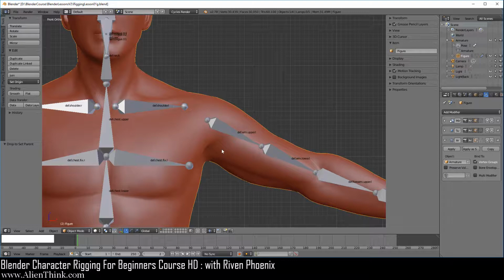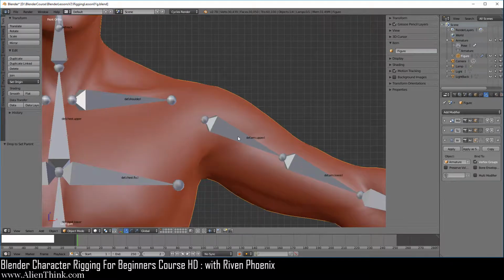So what Blender allows you to do is actually let it figure this out for you automatically by simply looking at each bone that you have on your armature and then shooting rays out of these bones. So when these rays hit the vertices, these vertices will simply get assigned to the correct vertex group.